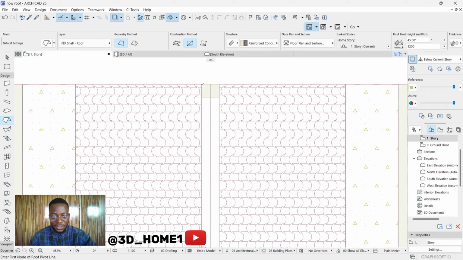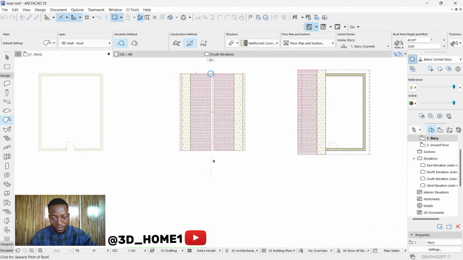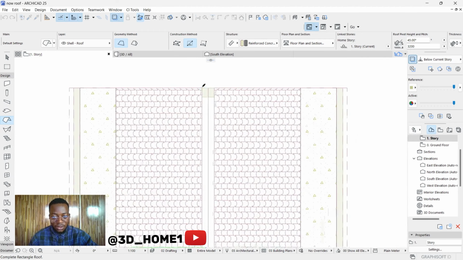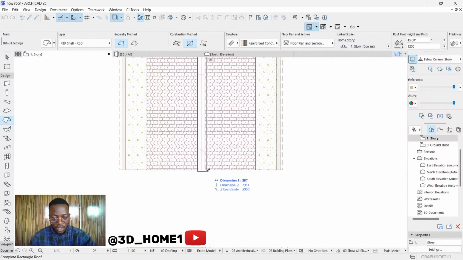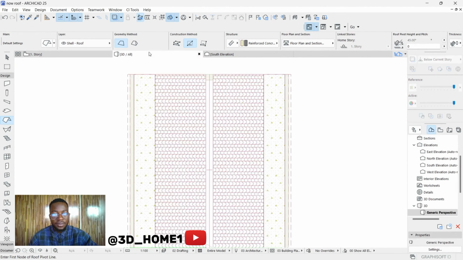Remember, the first line is your starting point, from here to here, and then the second one is asking us where to face. Once we do that, let the slope face this side, and then let's draw another small roof here, but this time it's serving as a gutter. You can see what we have